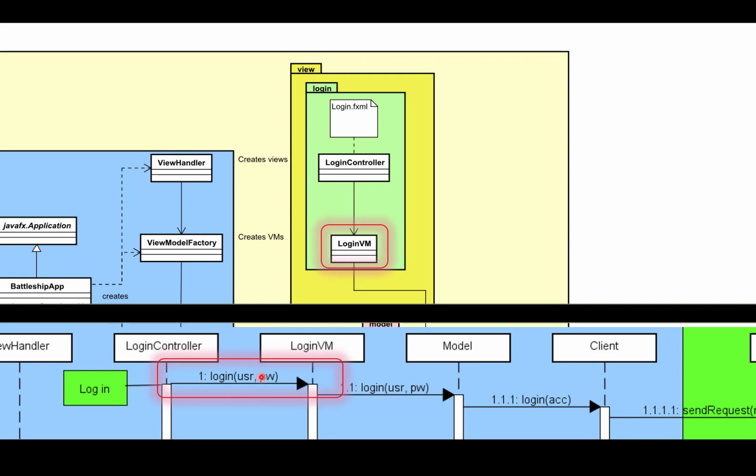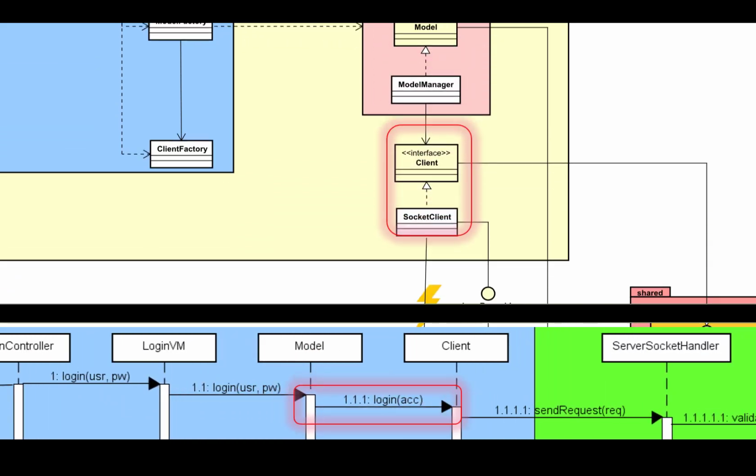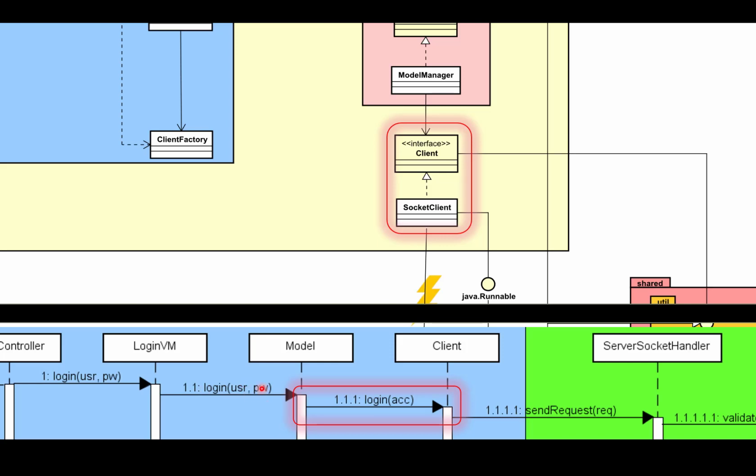That seems to be the common approach. The login view model will send forth the username and password to the model, and the model will then wrap the username and the password into an account class, and then it will send that account class to the client so that the client can send it forth to the